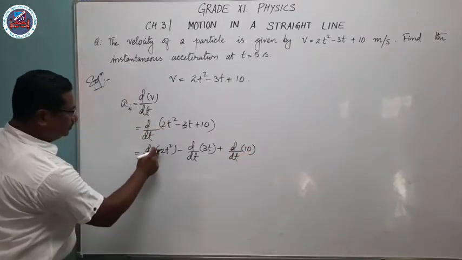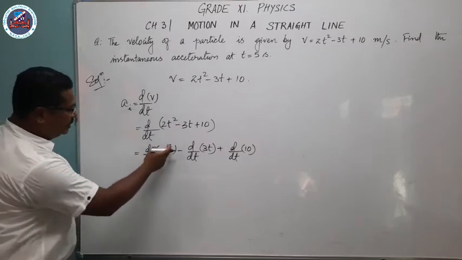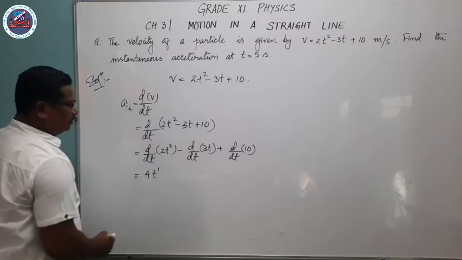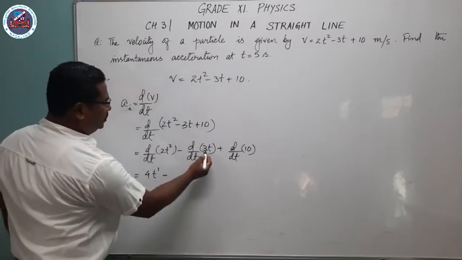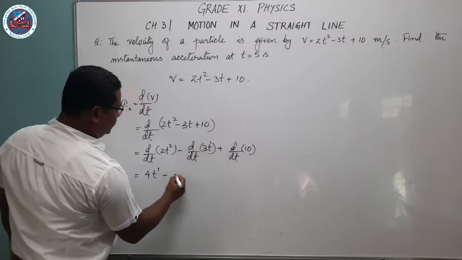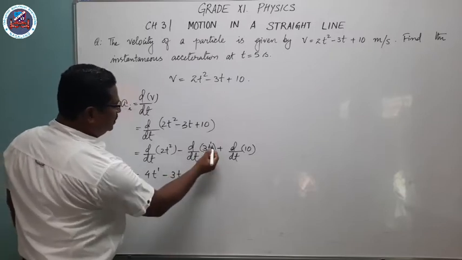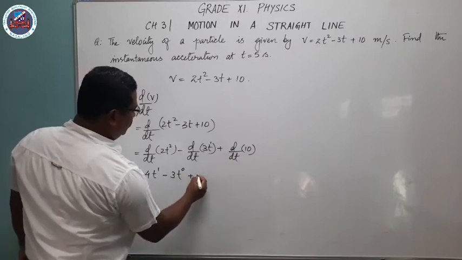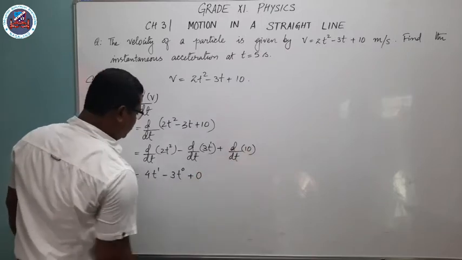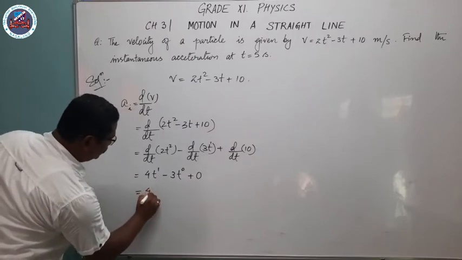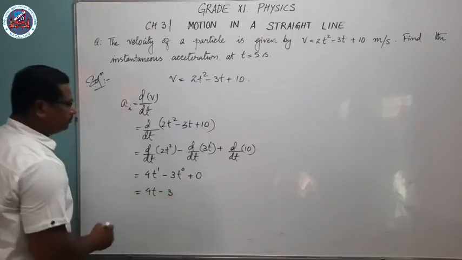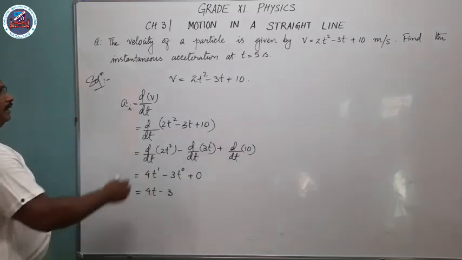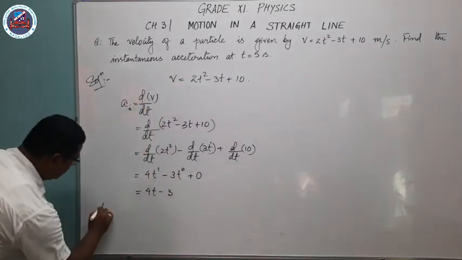Then here, 2 to the 4, you will apply the formula for differentiation. For 2t to the power 2 minus 1, it becomes 1, minus 3: here the power is 1, 1 into 3 is 3, t to the power 1 minus 1 becomes t to the power 0, plus the differentiation of the constant term is 0, there is no t to differentiate, so it will become 4t minus 3. Any number raised to the power 0 is 1, so it will become 3. Now at t equal to 5 seconds,